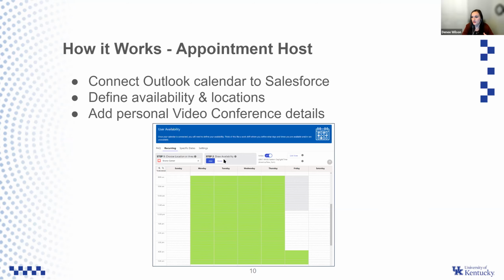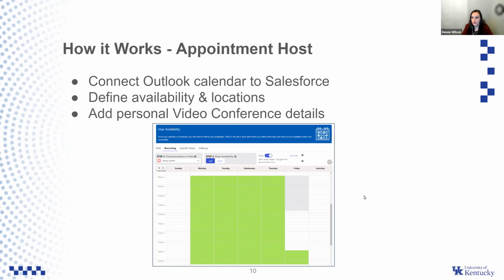So what does that mean? You can see down in this image below, you can either select recurring or specific dates. And again, this is the coach coming in, setting up their availability. Recurring is if you have the same time that you're available to meet with a student every week. So you'll see down here from 8 to 5, Monday through Thursday, I'm available. And then Friday afternoons, I'm available for an hour to meet with students.